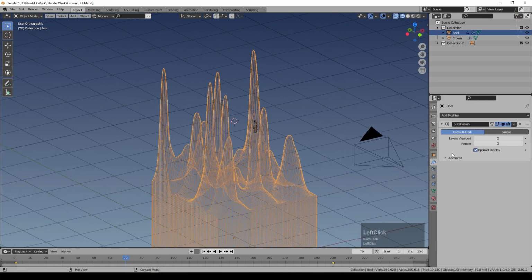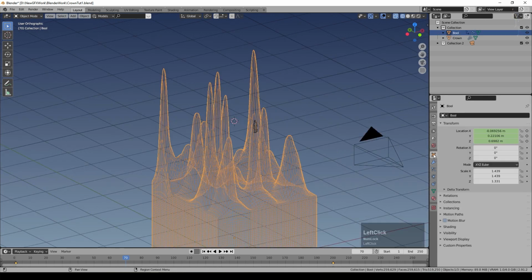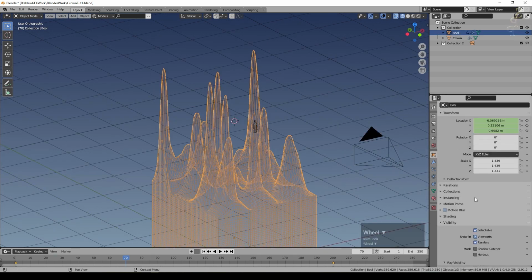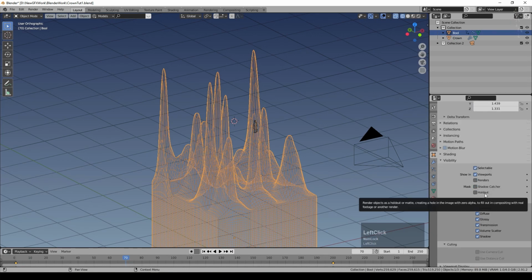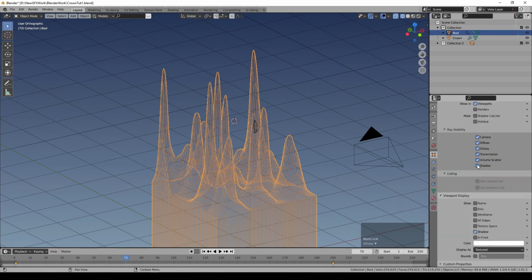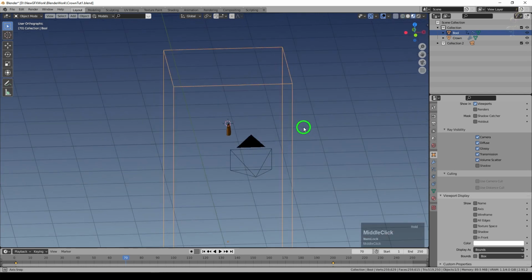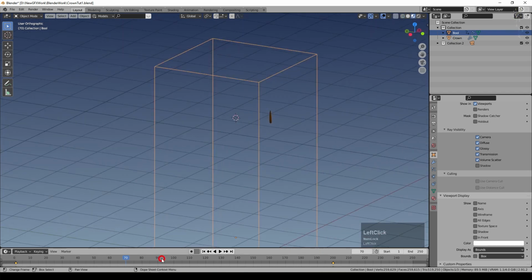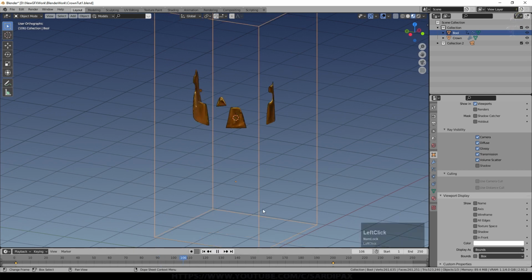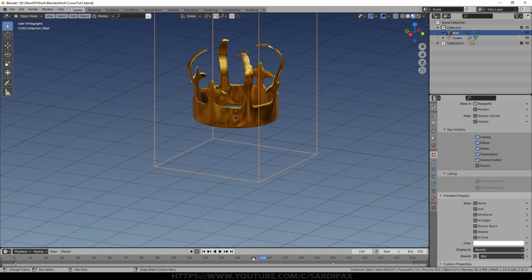And what I'm actually going to do now, I think, is select that and then come up to properties here. Under visibility, I'm going to turn it off in renders, and under viewport display, I'll turn off shadows as well, by the way. We don't need shadows there, and I'm going to say just show the bounding box. So I can now go back to solid view, and you can see the crown starting to appear as it intersects with those spikes that we put on it.